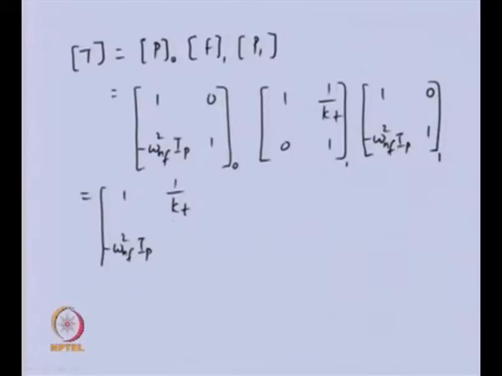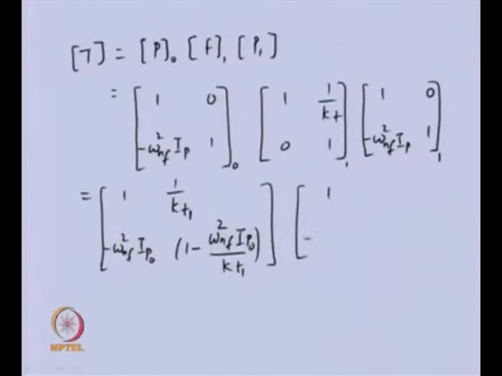now I can attach the subscripts 0 and 1 here, because this belongs to 1, and here we will have the natural frequencies for the system, so we will not attach any subscript for that, and the point matrix for this station 1.